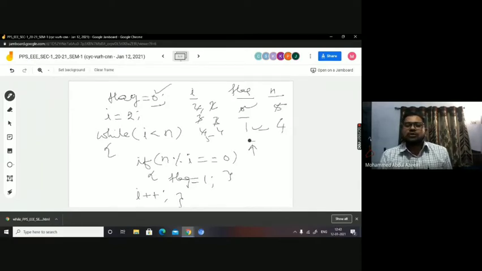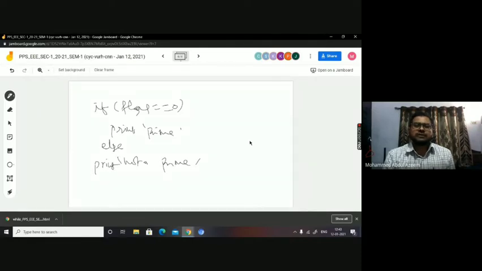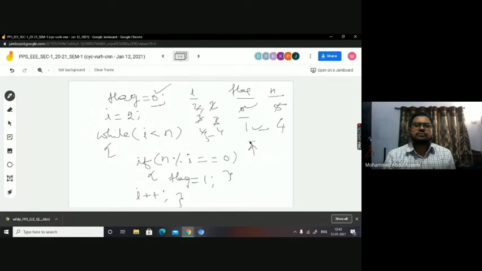So what you can do, you can say that it is not a prime. So with the help of a single if else, by checking the flag value, if flag value is 0, you say it is prime. Else you say not a prime. This is how the algorithm is. Now you can write the program for the same. This is how the algorithm is. Algorithm prime. So you can begin here and start. This is your logic. Got it.